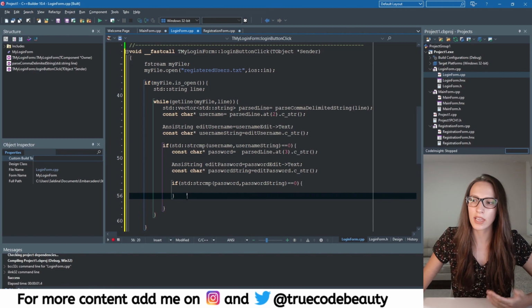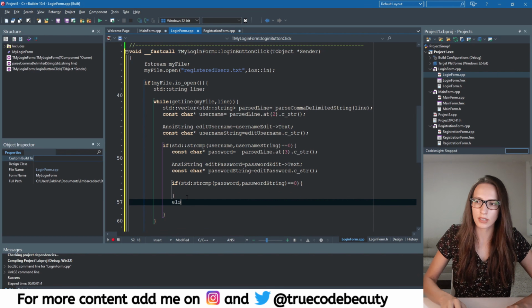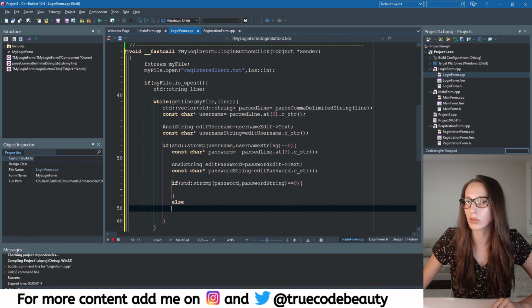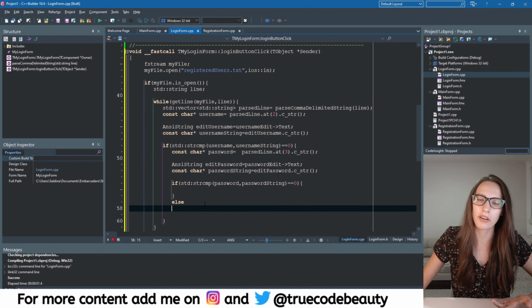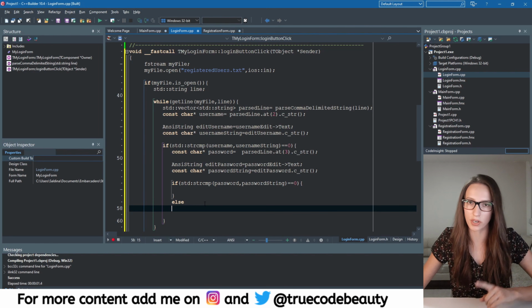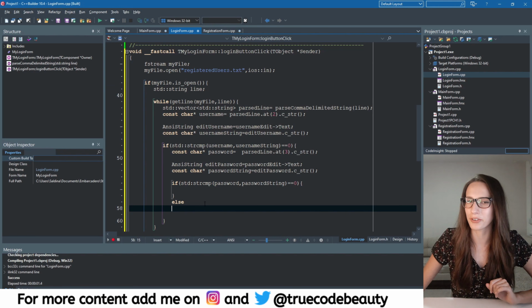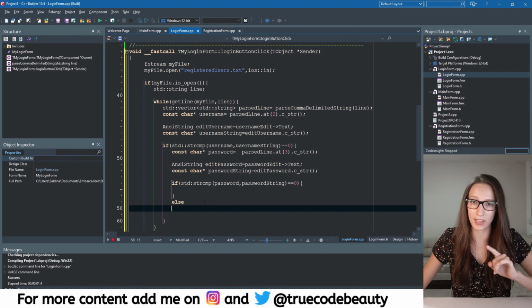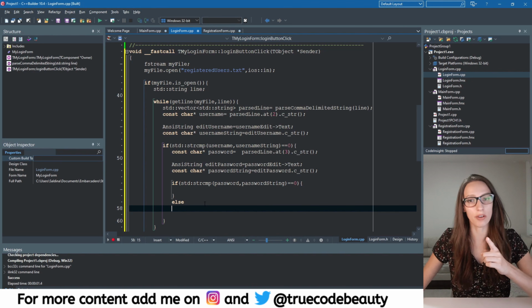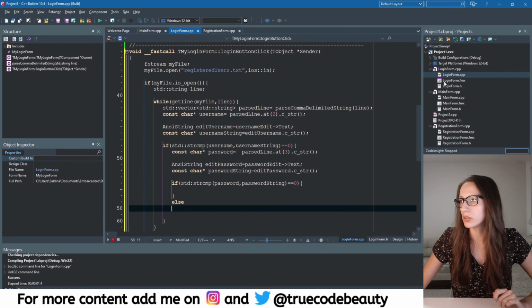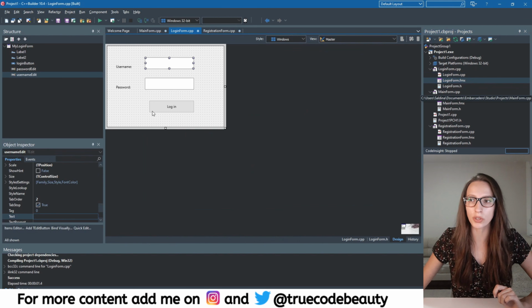And then if they are not the same, I will write out a message which says an error happened or wrong password. Now, one thing that we have forgot, and if you already know what we have forgot, please write that in the comment section before I answer it. So, one thing that we have forgot is we forgot to create a label that we will use in order